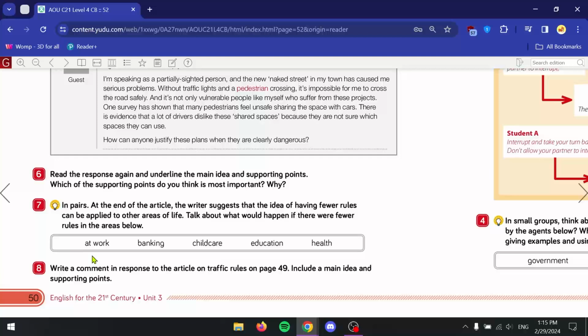Education. I would say education would benefit greatly from fewer rules. I think it allows students to express themselves, even if they know perhaps it might be wrong, or they can fail and try again. Because some strict teachers don't allow any of that. And you end up with students that are afraid of rejection, afraid to voice their opinions,